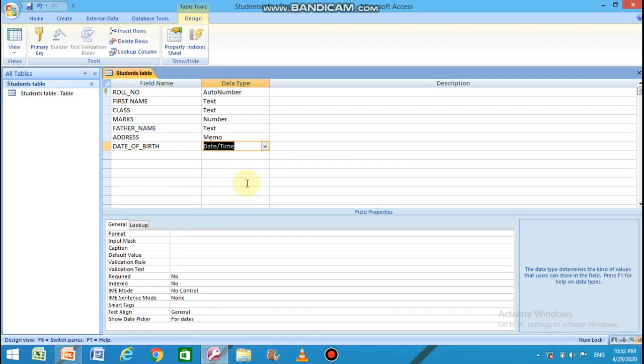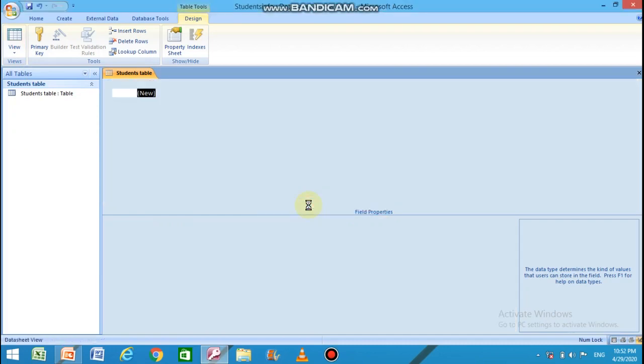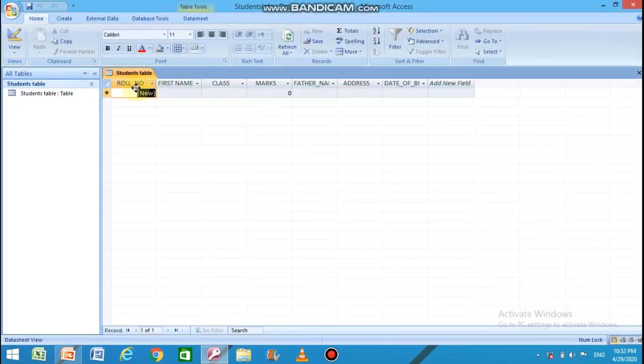Now the table structure is ready. We can see it by switching to the datasheet view. First it will ask to save the structure of the table. Okay, yes. Now students, you are watching all the fields which I have designed in the design view for the table are displaying here.